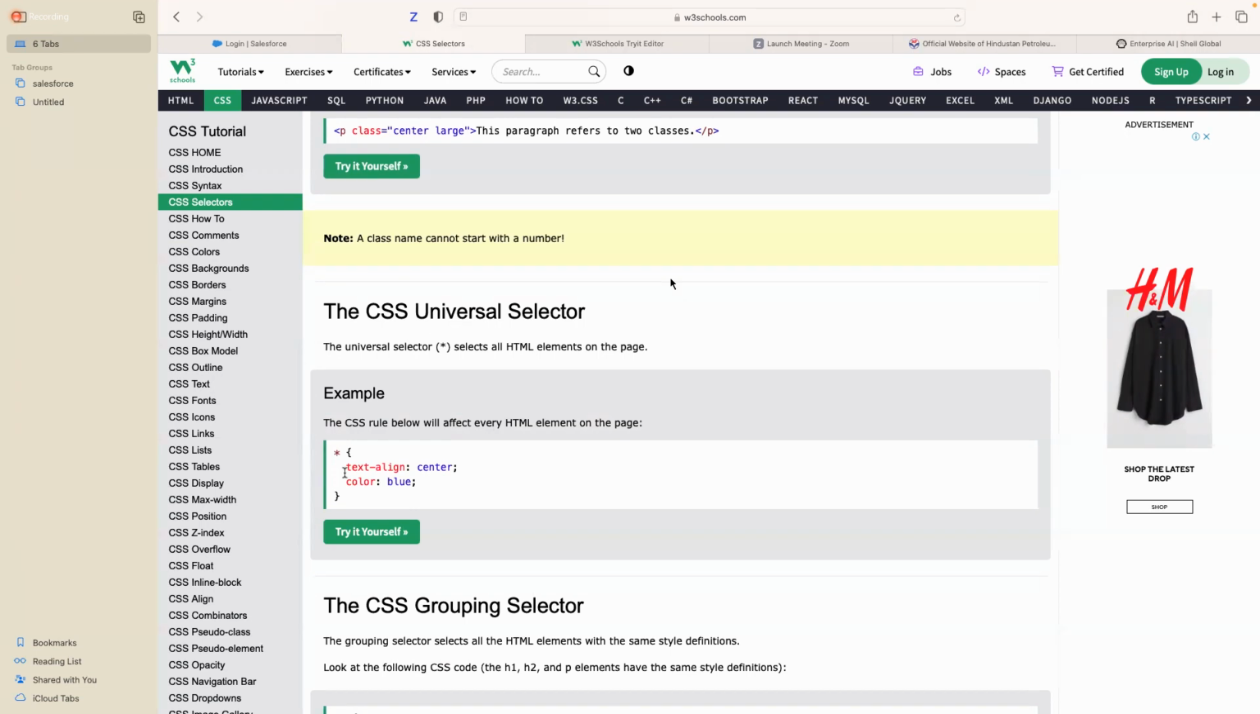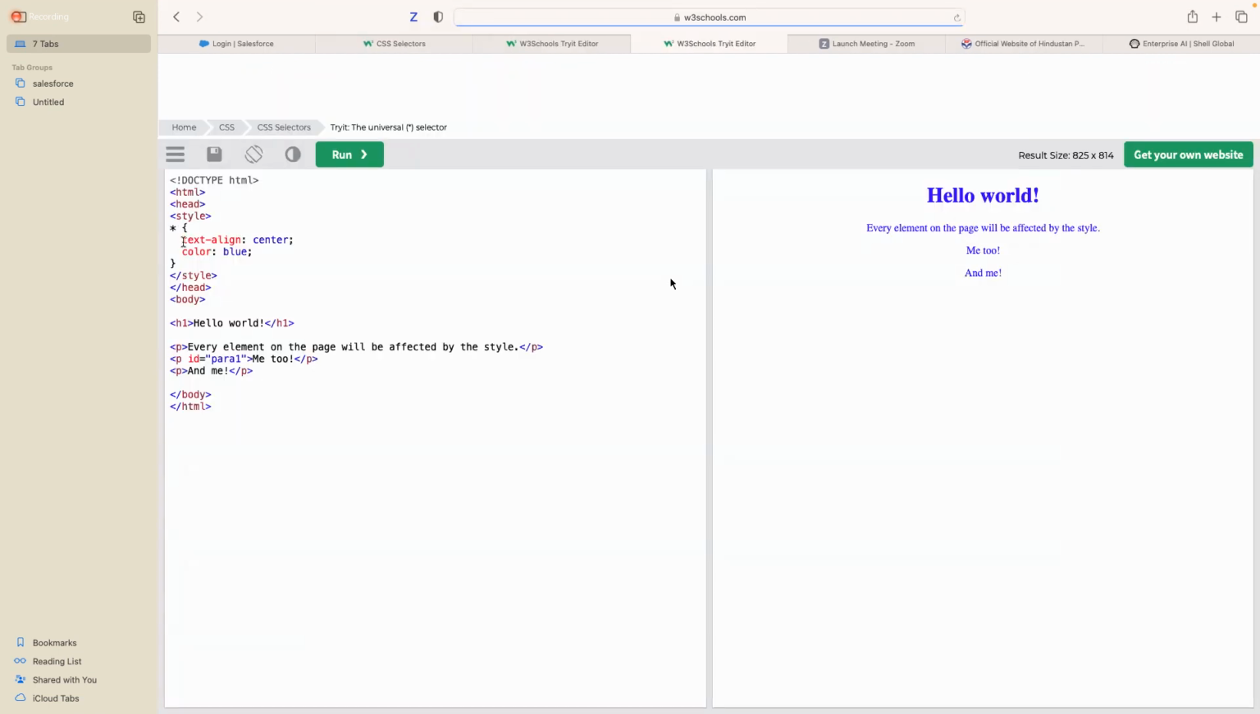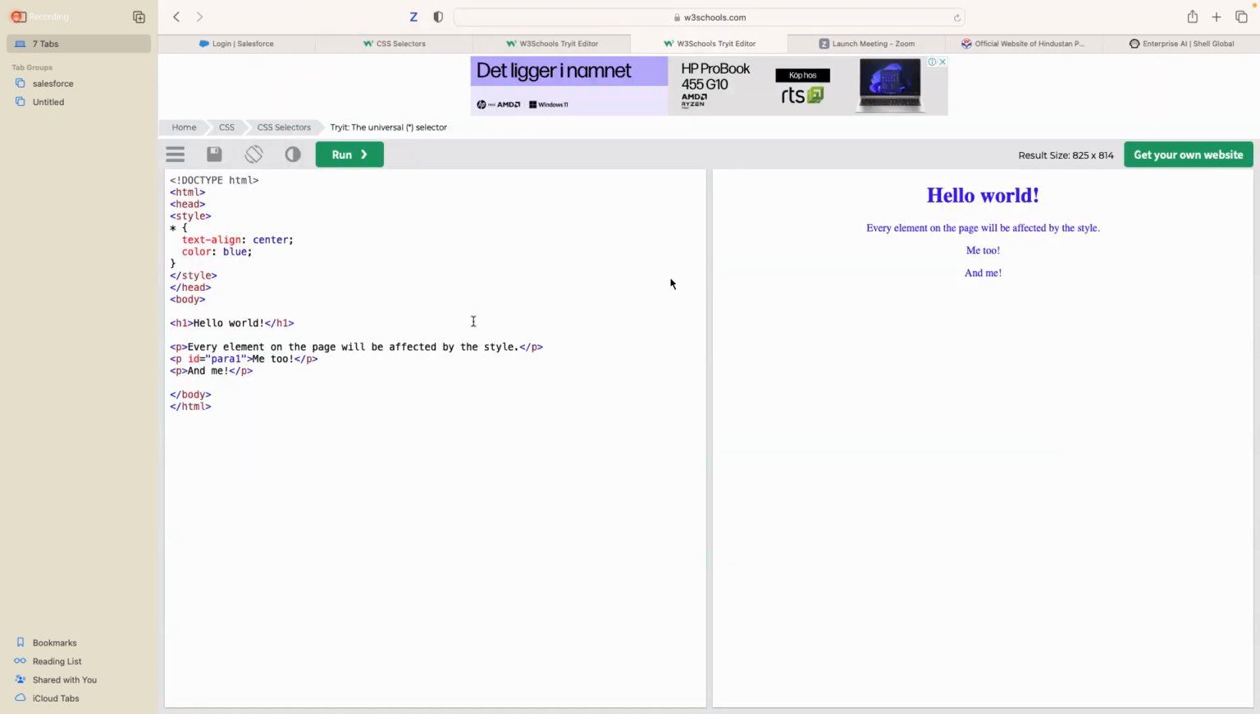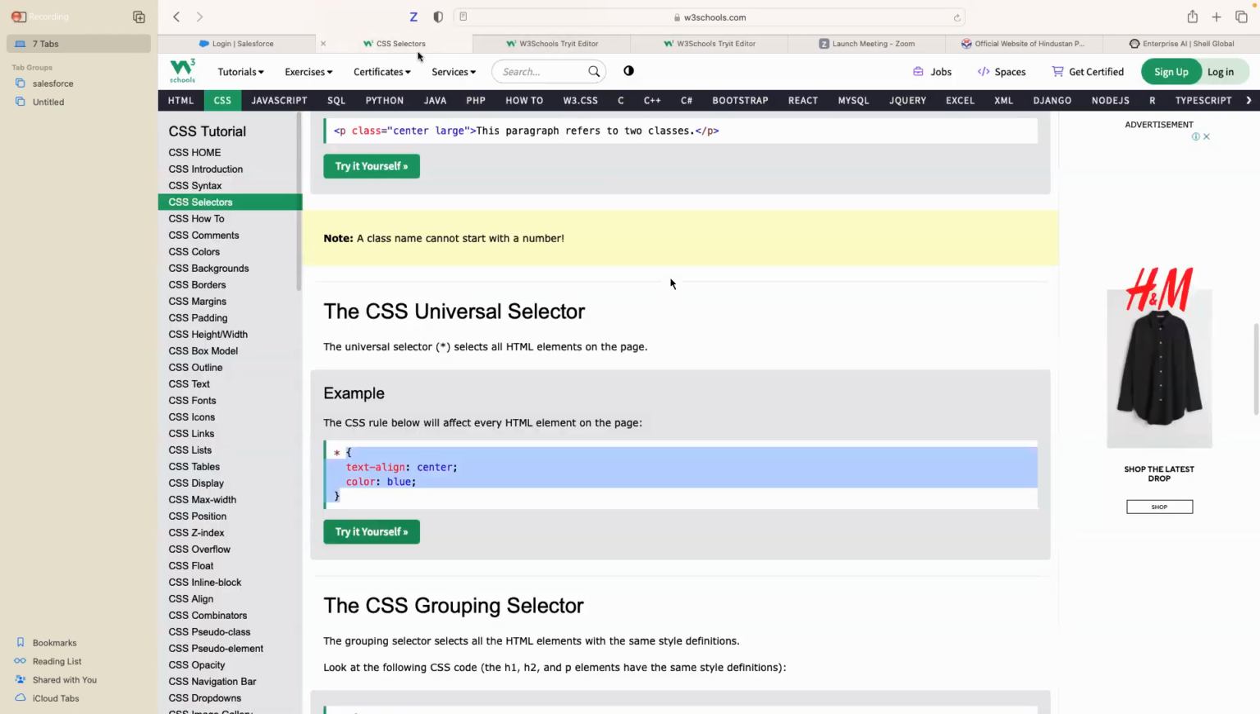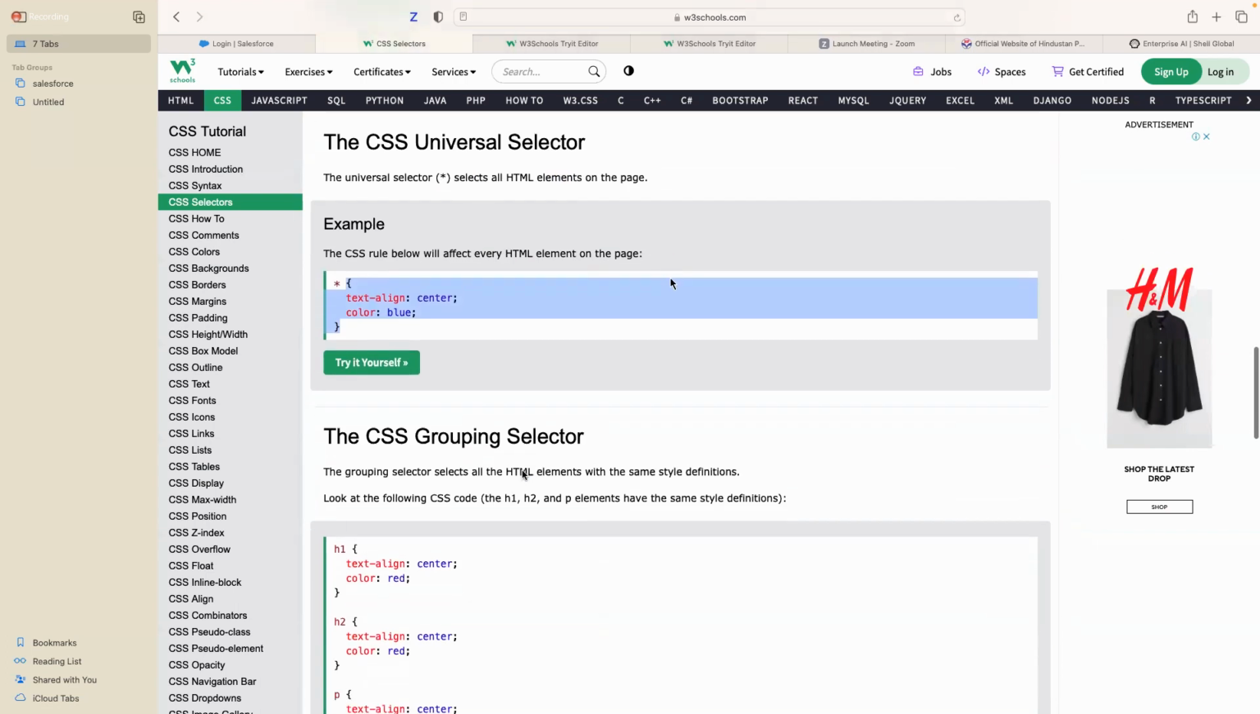CSS universal selector. If you just write star, this will be applied to the entire code. Okay. Whatever style you are giving with star, that style will be applied to each and every element of that page. If you want that, then you will go with this one. This is the universal selector. After that, the